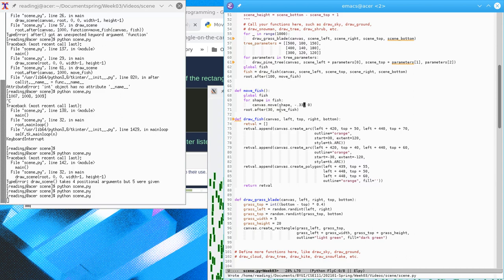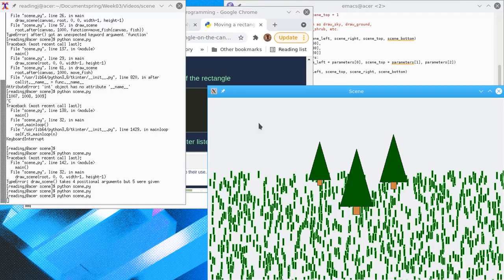And here I have to say that I'm working off of the global fish. Actually, I don't, because I'm not setting the variable. But I have to know that I'm using the global variable fish. I might be able to pass. No, I can't pass it here. Okay. And so after every 30 milliseconds, this will call move fish again, and it just keeps calling this until,